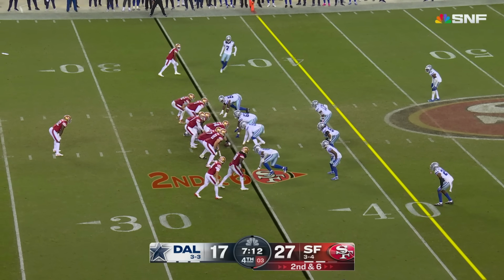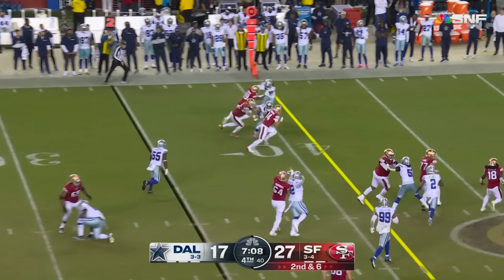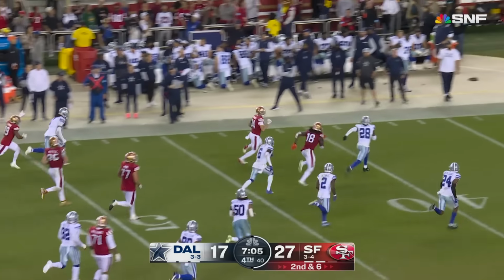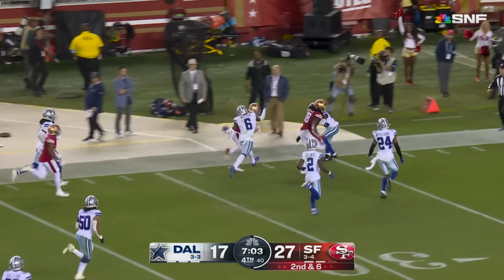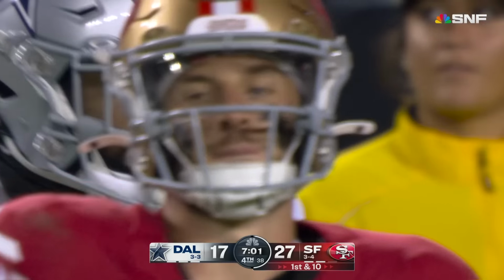Even in the running game, because they've done pretty well with the running game. It's Patrick Taylor, though they hand it this time to Ricky Pearsall. And the rookie, one of the great perseverance stories of this NFL season, with a fabulous run for 30